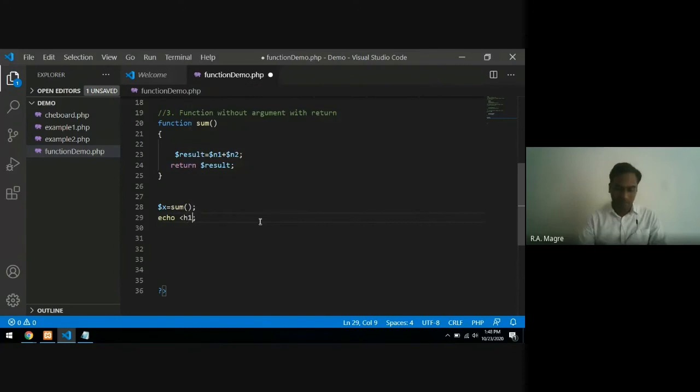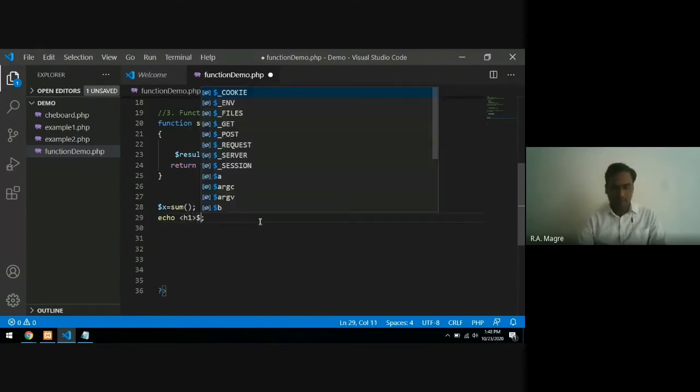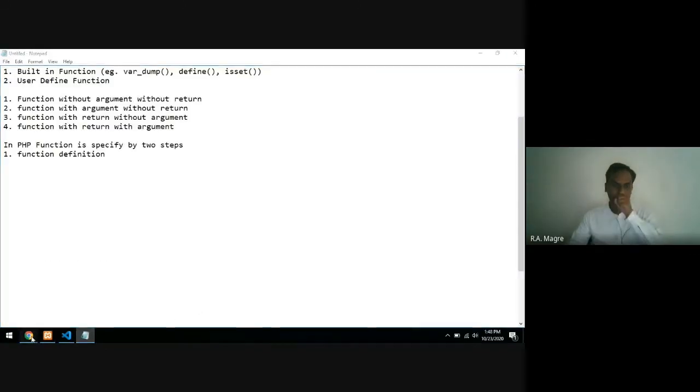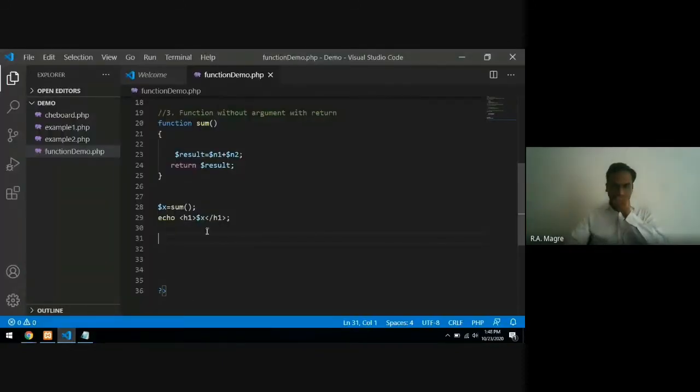So I will print here $x in h1 tag. You have to write it in double quote.